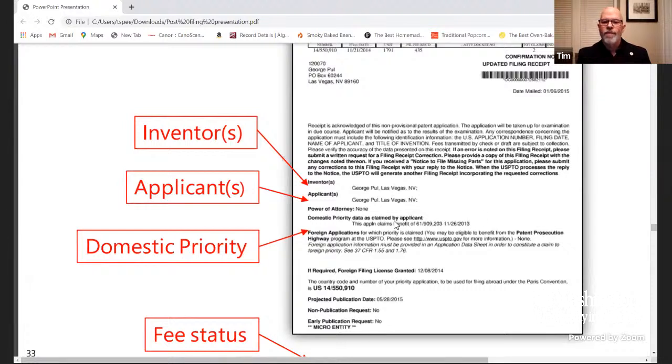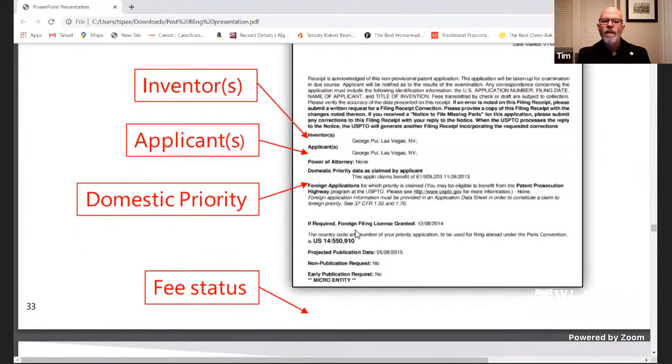This would be claiming, for instance, here we're claiming priority to, this is a provisional application. You can tell by these first two digits, 61. So that's a provisional application. And then there's a place that tells if you claim priority to any foreign patent applications. And here there are none. And they also give you your application number, which is here at the bottom.